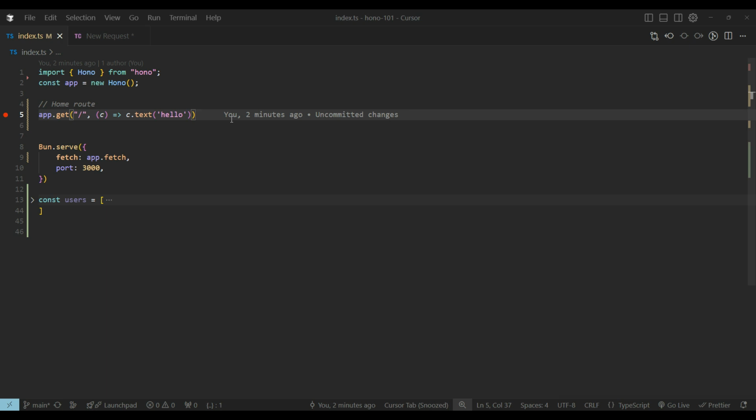After we're done naming a path, we then need to call a handler. And the handler, what this does, it takes in the request and returns a response. So your handler here is your context. What is context? Context is basically